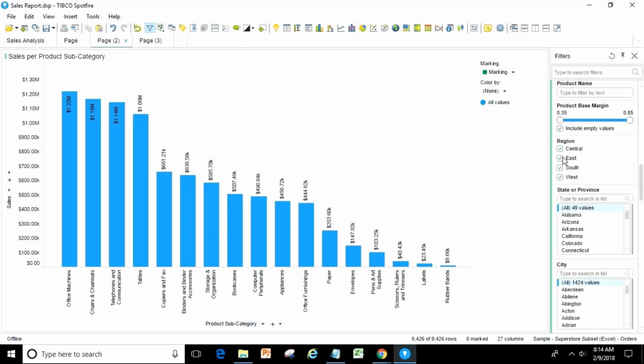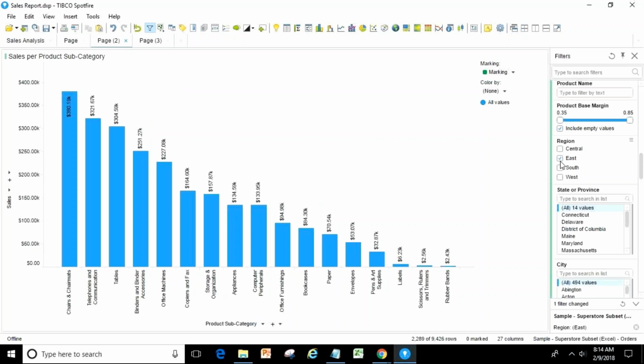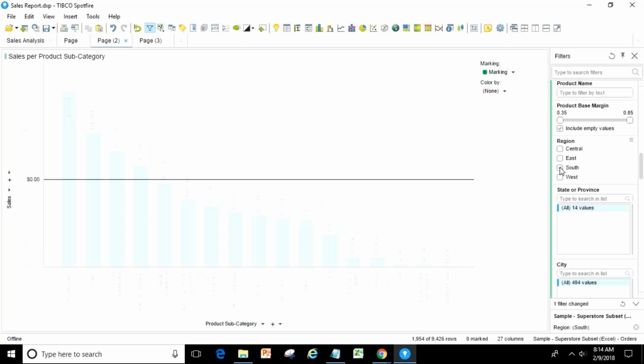Now your user says, okay, this is fine. Let me just check the data, how this is moving or how the sales are happening for central region. Okay. So what you will do as a user, you will uncheck the remaining items, east, south, and west, and you are seeing only central. So these numbers, what all you are getting, this is only for central. Then you want to see for east, then you will select east. Then you want to see the south, you will do that.